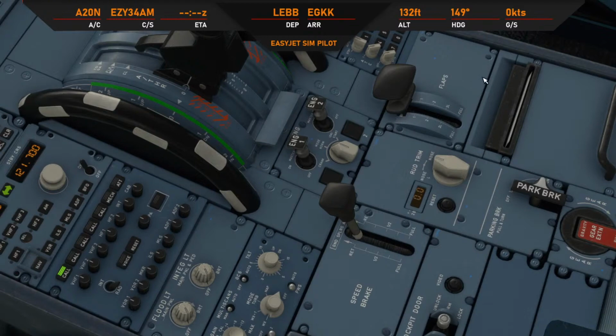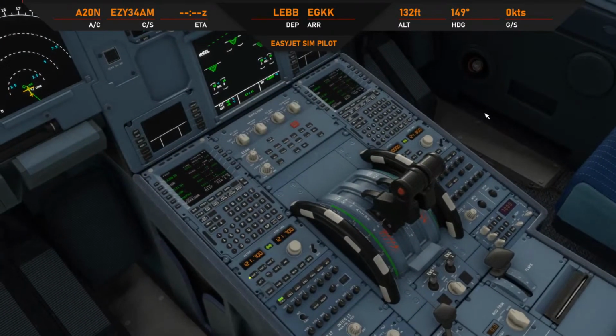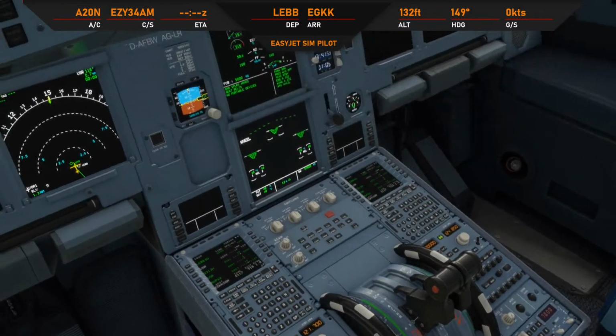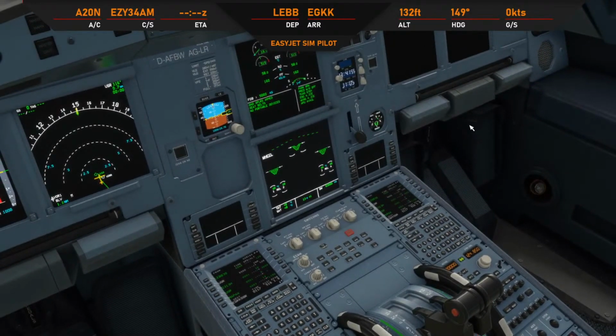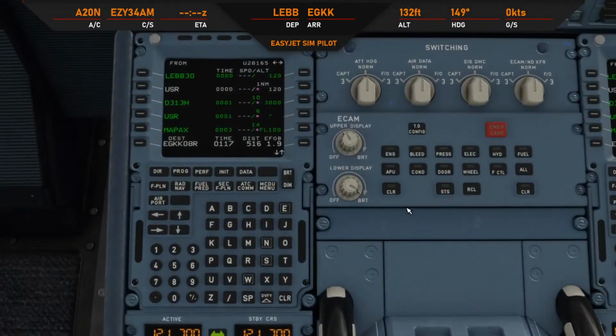Okay, flaps then, as we say, it's going to be a flap 1 takeoff, as it usually is, so we can set those. Pitch trim. Alright, so this is a question that I get asked a lot. How do we set the pitch trim? Well, I have a little tool that I've used, and if you're on the Discord server, then it can really help you, and I can pop a link in there. I can't pop a link in the chat now, unfortunately, because it's actually a program. It's only an Excel spreadsheet, but the other way of doing it, and the real way of doing it, is